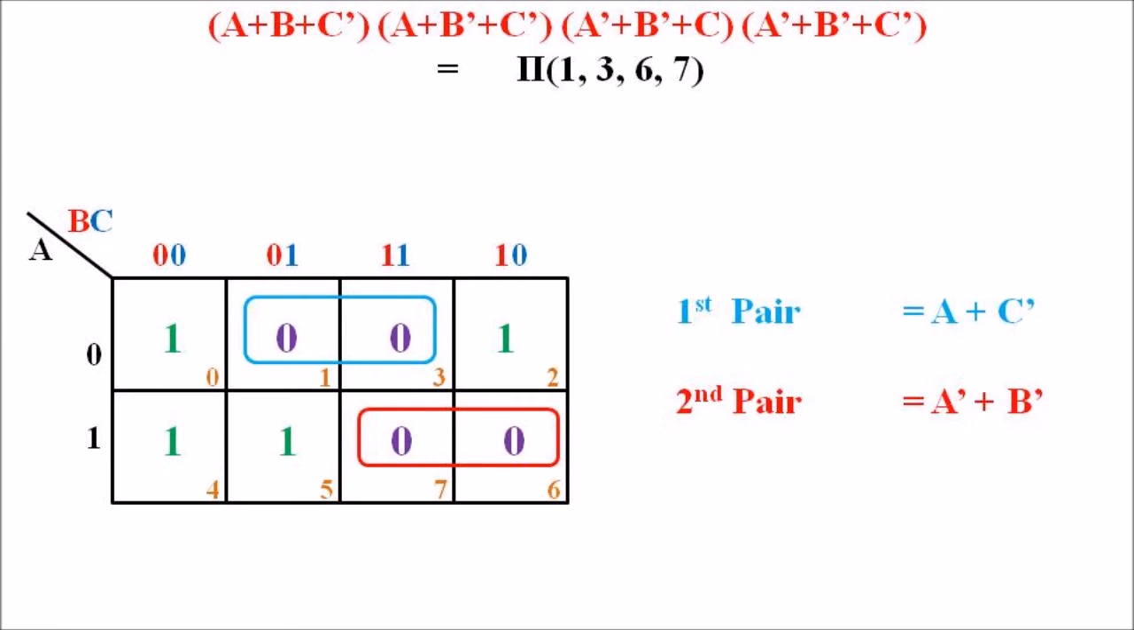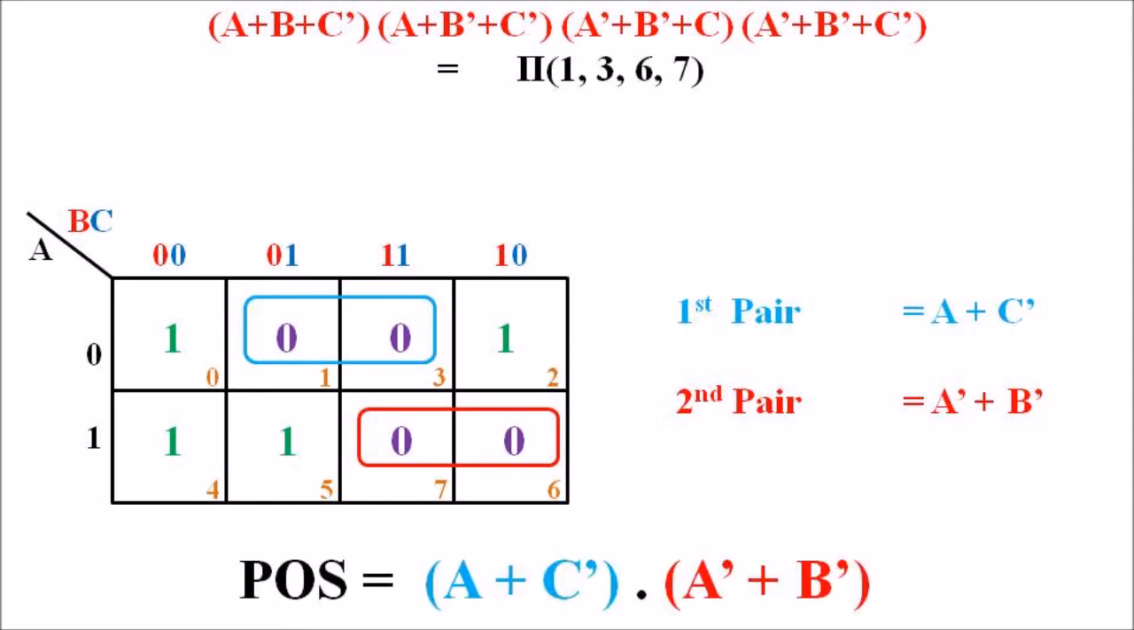The second pair lies in the column 3 and 4 and in the second row. So in the second row the value of a is equal to 1. Thus the reduction is a bar plus, and for the column values, b is not changing and c is changing from 1 to 0 in column 3 and 4. Thus we consider the value of b only and ignore c since the value of c is changing. So the value of b is 1 in column 3 and 4. Thus the final max term of the second pair is a bar plus b bar,